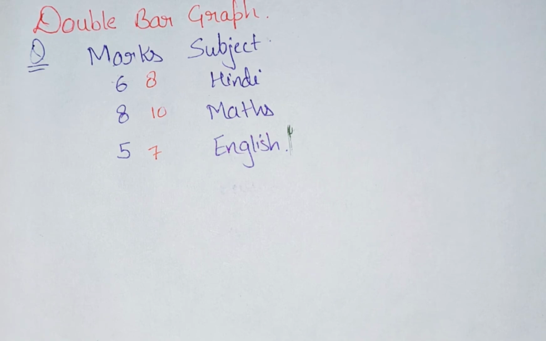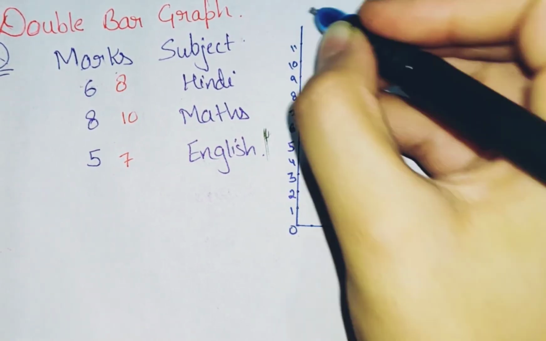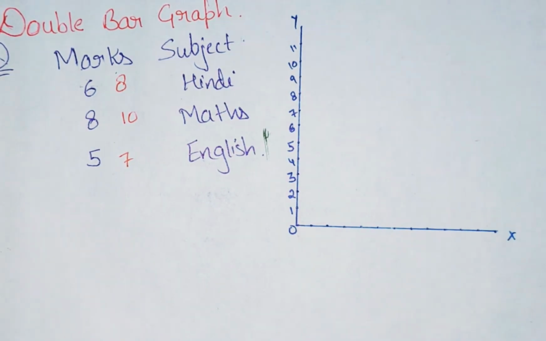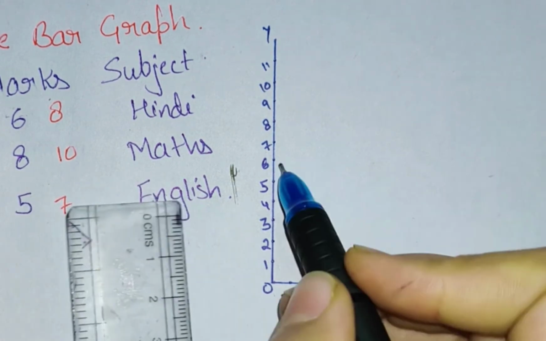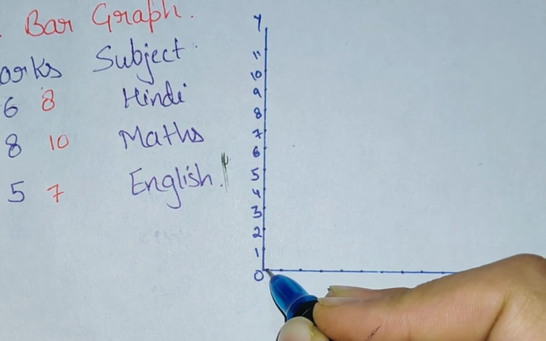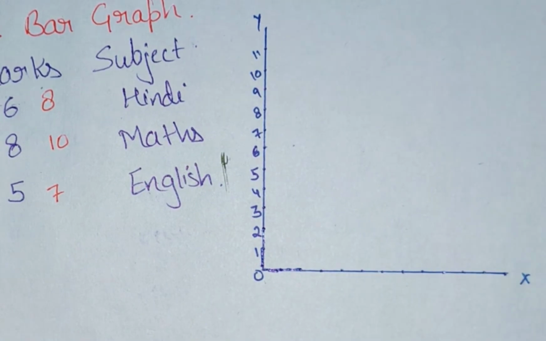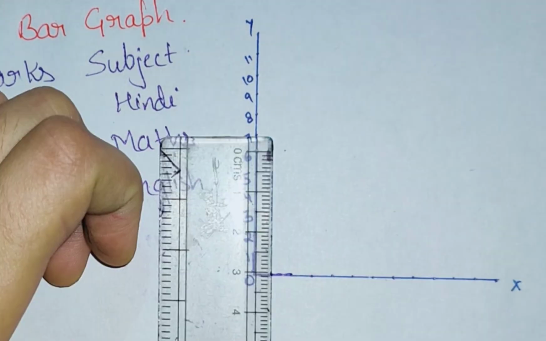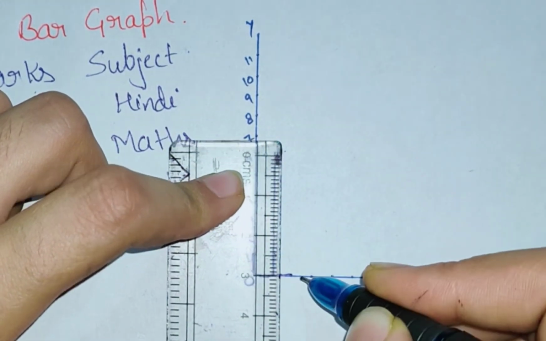So for the bar graph, first we need, okay, so I made the x-axis and y-axis here and marked the numbers on the y-axis. Now we'll represent the marks of both the terms. First, the marks of Hindi in the first term are 6. So where is 6? 6 is here. So we'll take this point. You have to keep these distances equal, these also and these also, the difference between two digits and two numbers. So till 6 marks are there, we'll draw a bar from 6.